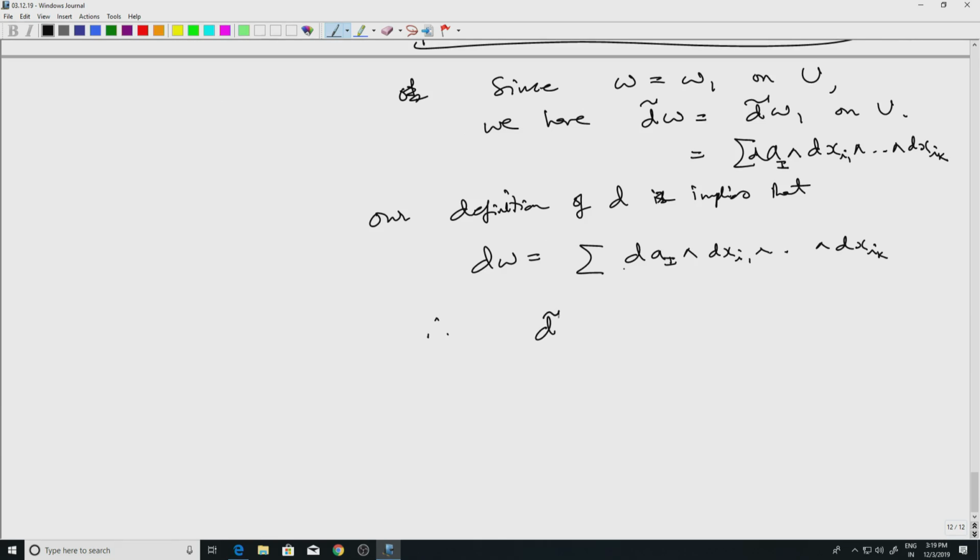d tilde omega equal to d omega on U. So for any chart, we have proved that d tilde omega is equal to d omega. And that concludes the proof of uniqueness. So, well, now